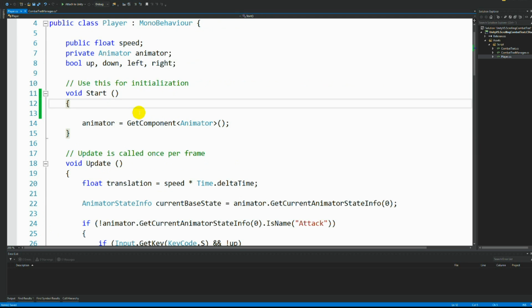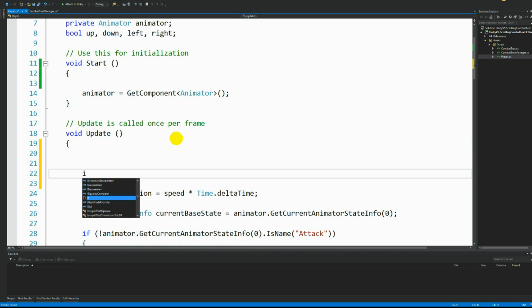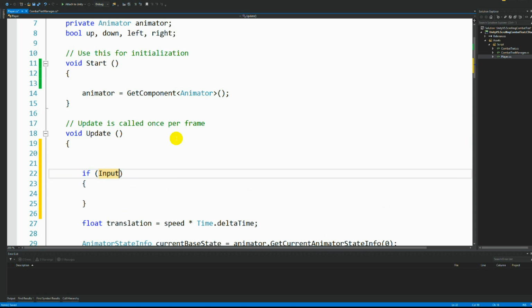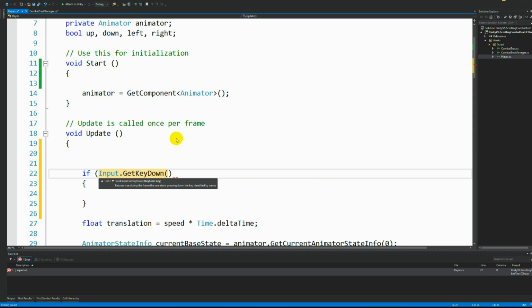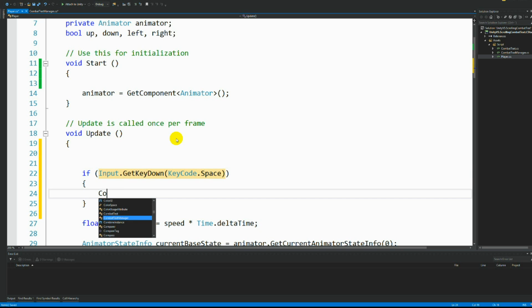So our player, let's say that in our update here we would say if Input.GetKeyDown. This is just an example. You can also write this code. So in our player's update, if Input.GetKeyDown, KeyCode dot Space. So if we click the space button, we would like to instantiate some text, for example, in our game, some scrolling combat text. So we can say combat text manager dot instance